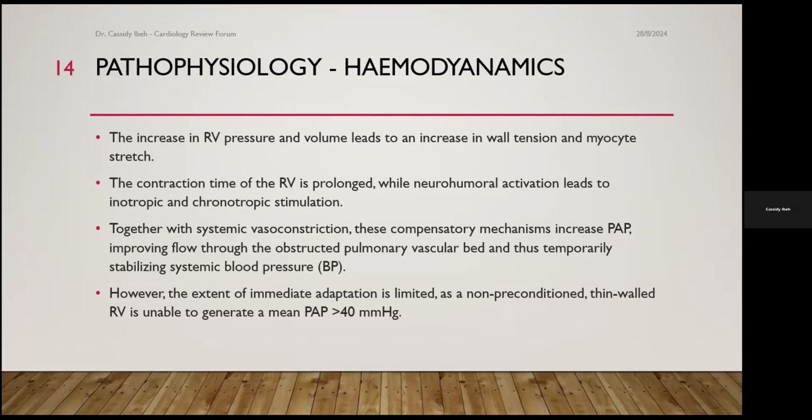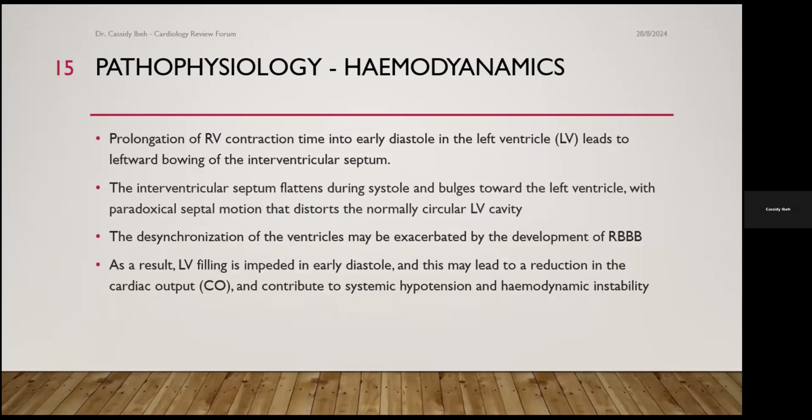However, the extent of immediate adaptation is limited in this case, as a non-preconditioned thin-walled right ventricle will be unable to generate a mean arterial pressure greater than 40 mmHg. Now, prolongation of the right ventricular contraction time into early diastole in the left ventricle will lead to